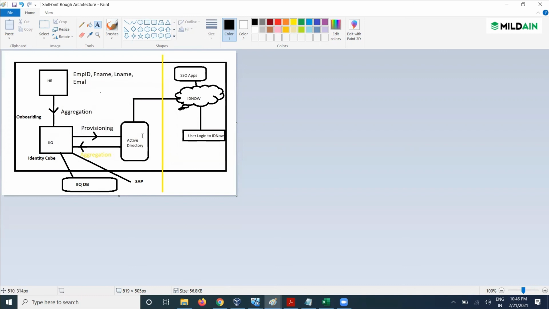What we can do is run the aggregation. What is aggregation? We can run an import task. What the import task will do is fetch the users from the target application back to IAQ. It will update IAQ with the updated data so that there will be a sync between IAQ and any target application like Active Directory. So here we are talking about the aggregation task, which is nothing but the import task.